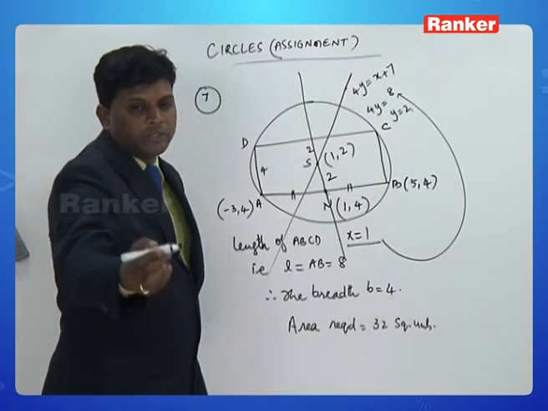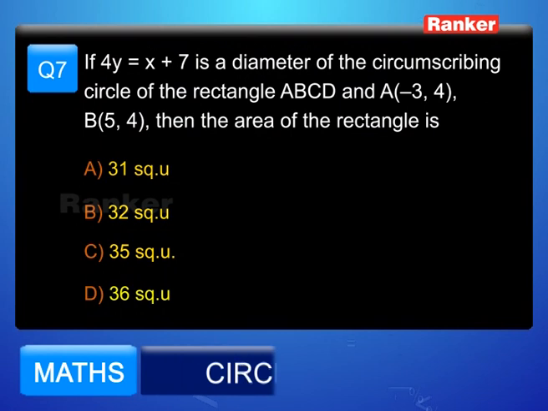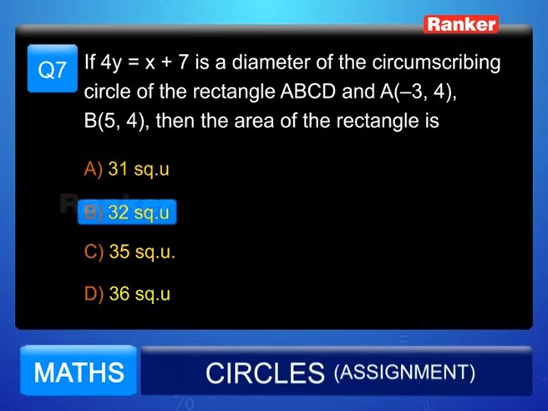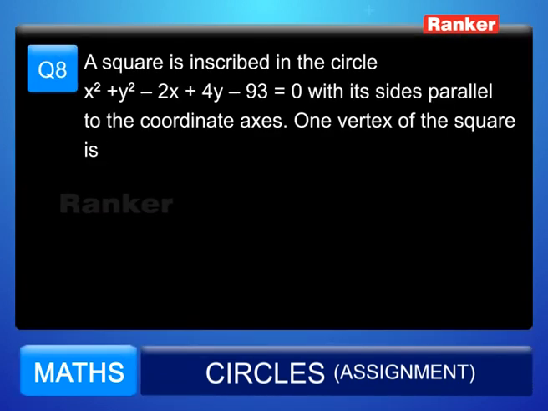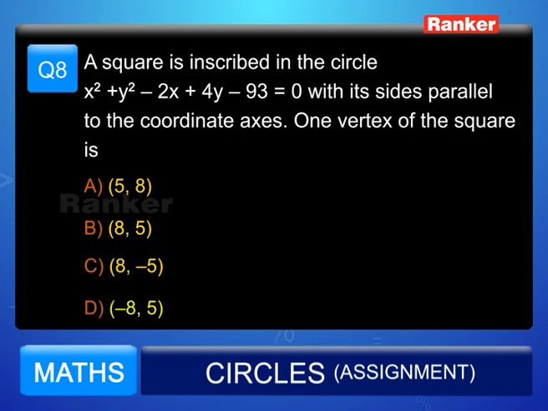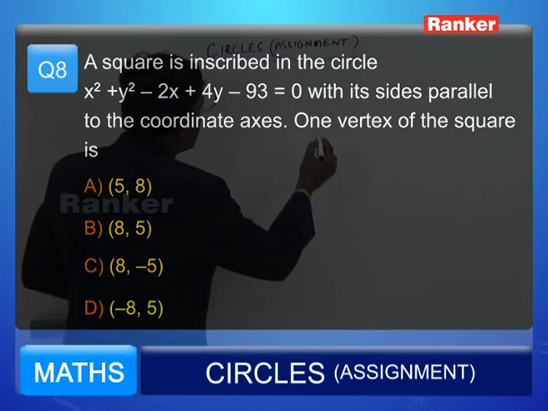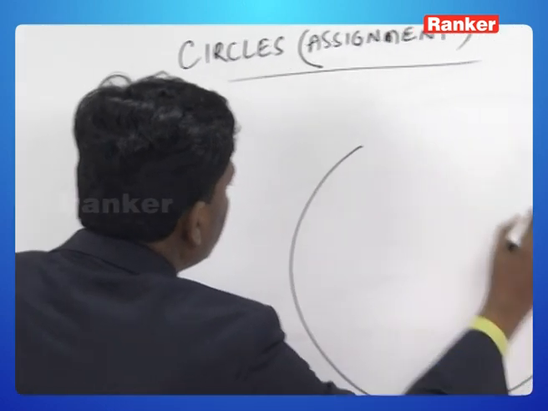Therefore, according to the given options, option B is the right answer to this question. Coming to the 8th problem here. In this problem, a square is inscribed in the given circle x square plus y square minus 2x plus 4y minus 93 equals 0. Let us take this circle